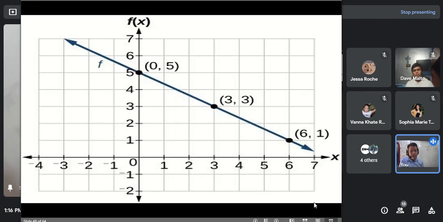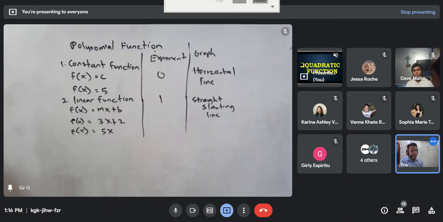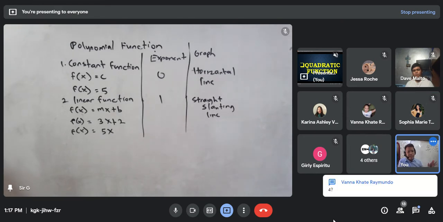So, meron tayong tinatawag na quadratic function. So, what do you think will be the degree or the highest degree of quadratic function? Ano yung exponent ng quadratic function? Anyone? Ano kaya degree niya? Or exponent? Okay, 2. How about the others? When we say quadratic, 4,